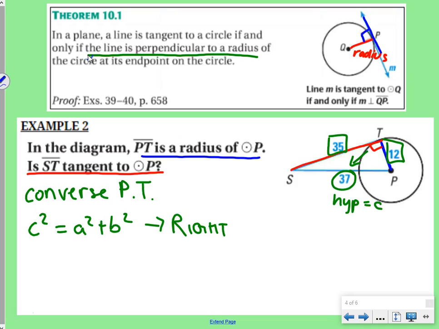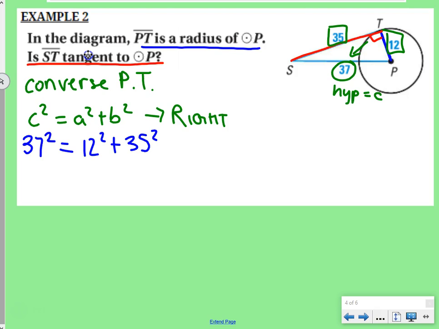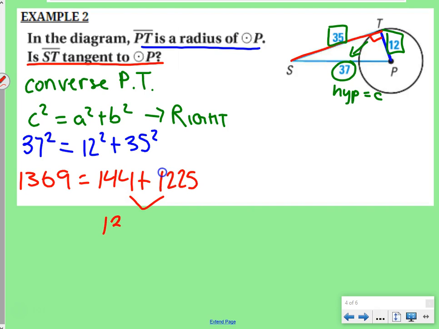So c squared, we would put 37 squared equals 12 squared plus 35 squared. Let's see if that holds true. 37 squared is 1,369, which equals 12 squared, which is 144, plus 35 squared, which is 1225. 144 plus 1225 is 1,369, which equals